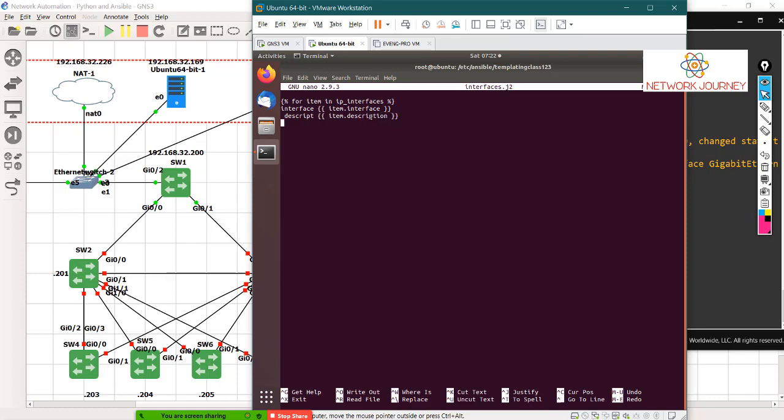Okay, so once you are done with description, you need no shutdown, which is a generic word. It doesn't depend on a data model, right? So you can do no shutdown, and you can do no switchport, which is a generic format. There's no need of any data dependency. Next is IP address configuration. So you say ip address, and you give item, because item is your current variable.